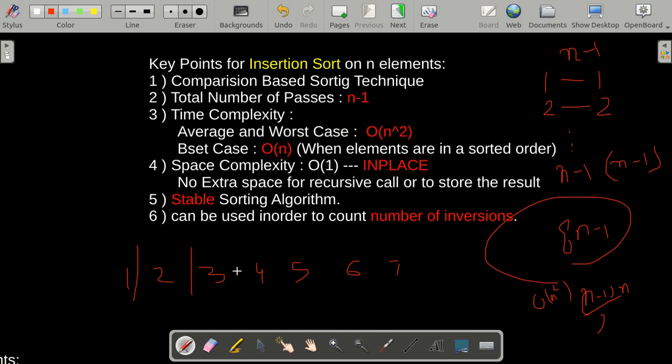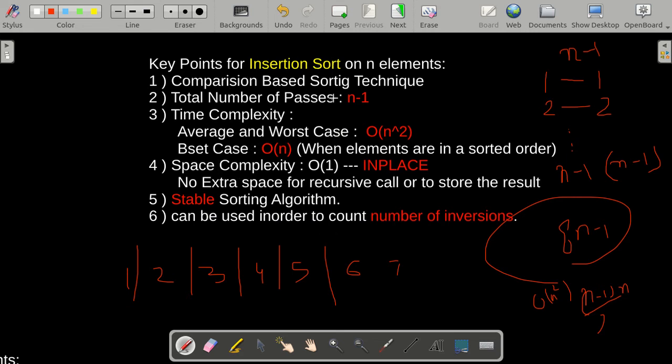Now in this pass, we have to add 3. 3 is already greater than 2. So this pass gets over. Now 4 is already greater than 3. Again this gets over. 5 is also greater than 4. Also this gets over, and so on. Now what happened is that the entire first half of the array was not traversed, and only by comparing one element, we understood that the number that has to be inserted is already in the correct position. So in best case, the time complexity will be of order of 1.